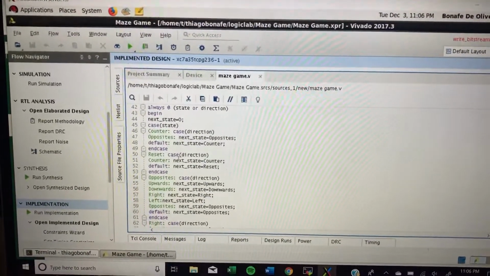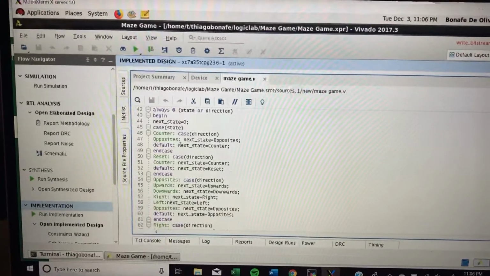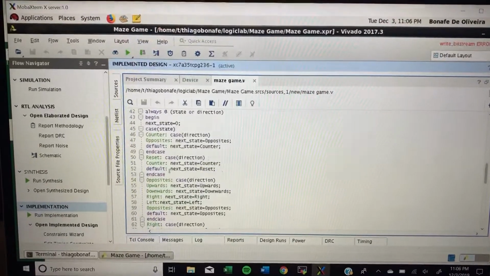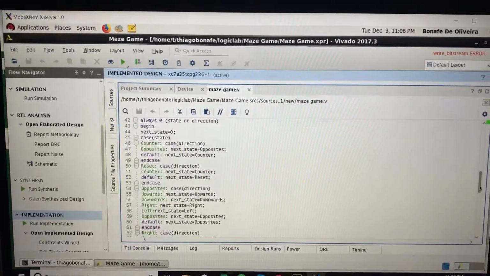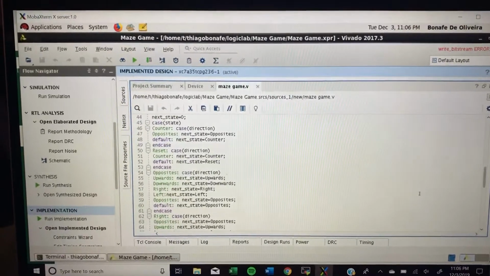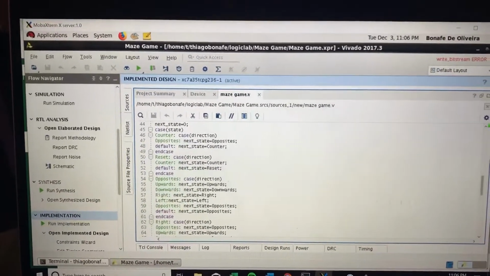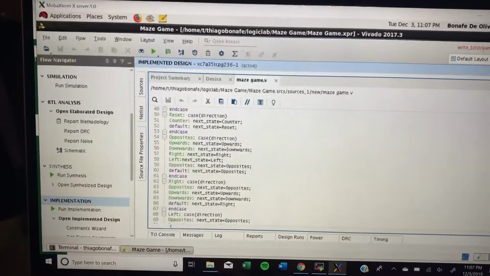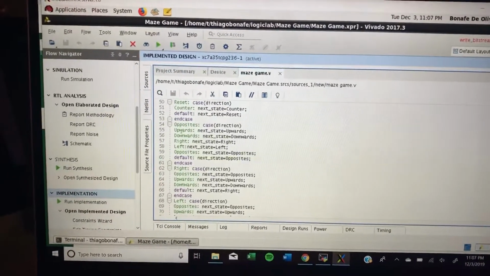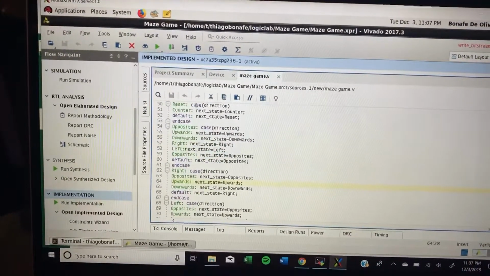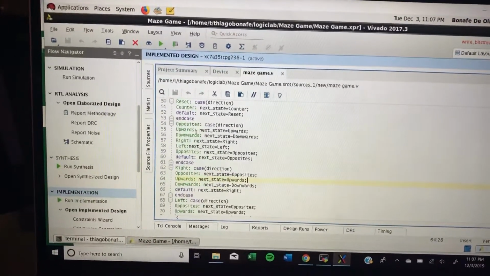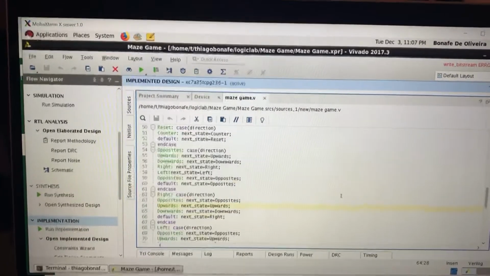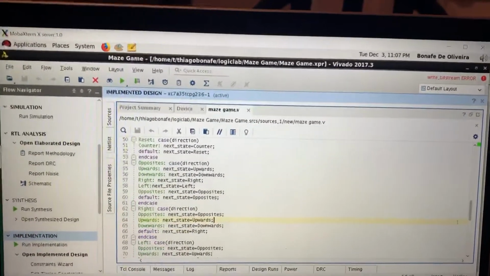So we have the counter, the only possibility it could go to is in the opposite direction, opposite state, meaning that it needs to go forward. In the reset situation is the 001, meaning it's only one possibility, so it only can go back to the counter. And then the opposite state, meaning it can go into any direction, so it can keep going opposite, meaning forward, then it can go to the upward situation, downward, right, left. And then to the right situation,